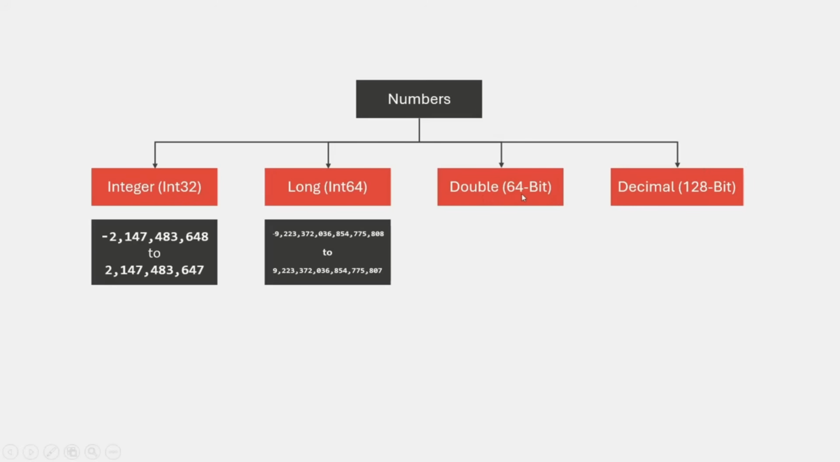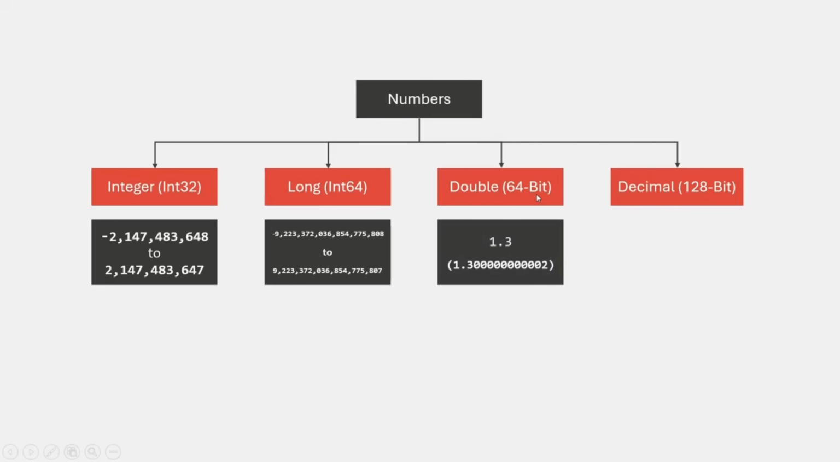Then we have double type and decimal type. Both of them are used to store floating point numbers. That means the numbers with decimal values. So what is the difference between double and decimal? Well, double has less precision than decimal. Whenever you store a floating point number in double,